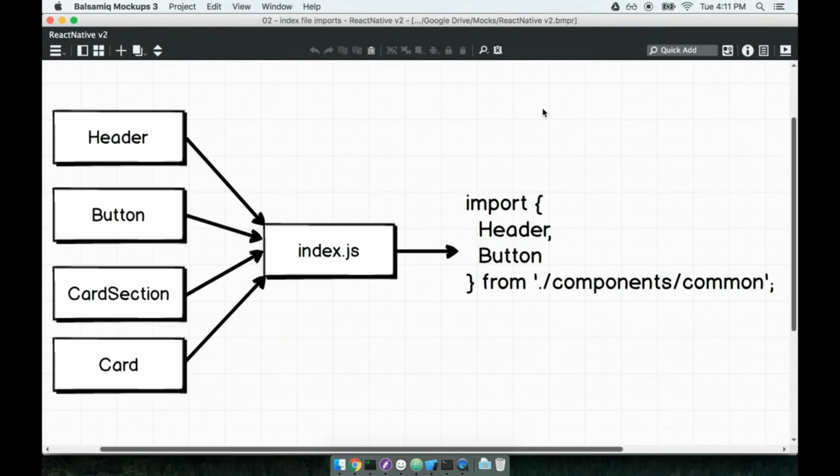Inside of our common folder, we're going to create a new file called index.js. Don't confuse this with the top level index.ios.js and index.android.js files. This is a completely separate index.js file. Inside of index.js, we will import the header, the button, the card section, and the card, and then we